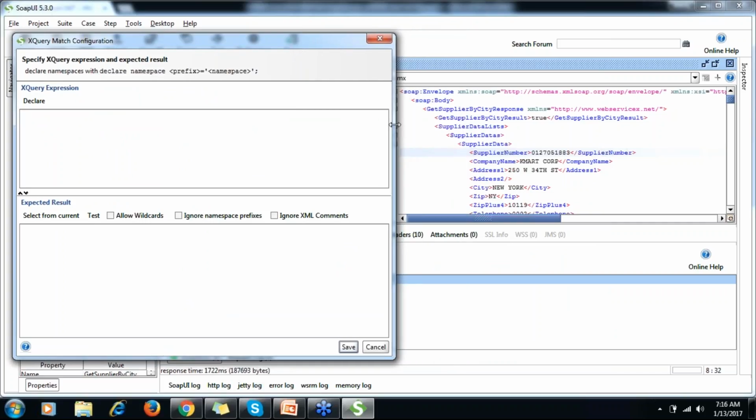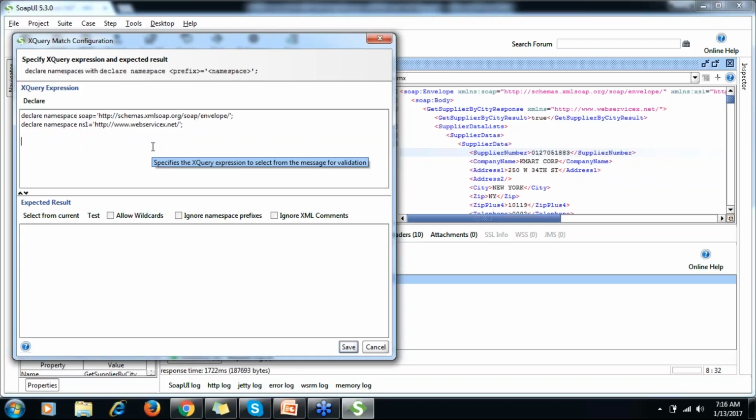All right, so team, in a similar way we can declare a namespace for this. In XQuery you can also click here, declare, and you can get the namespace.